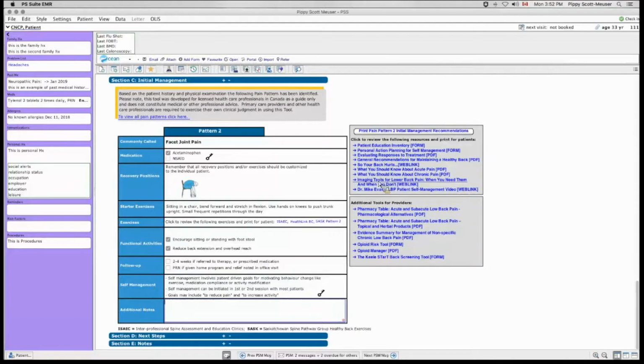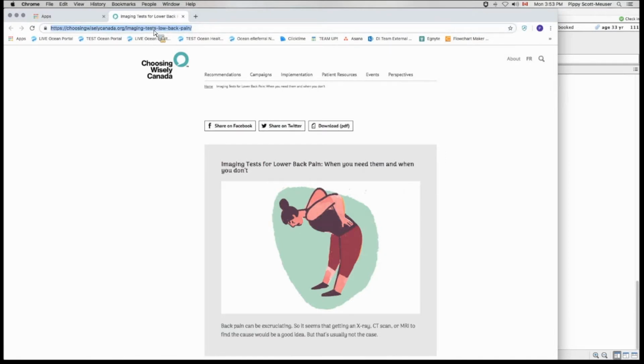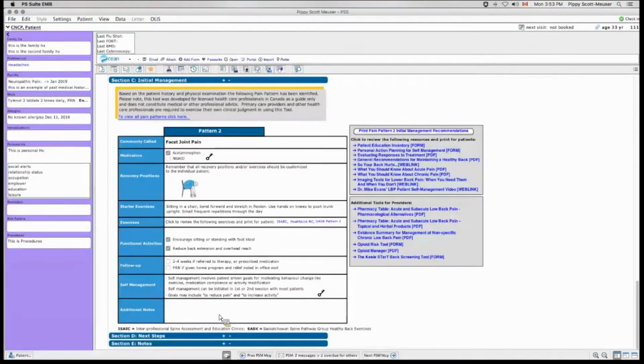So let's say we want the patient to read through the Choosing Wisely guidelines on imaging tests for low back pain. We would just add the URL that we recommend the patient return to. And then you can also include any other recommendations that you have for the patient in this additional notes section. Then you can click and print